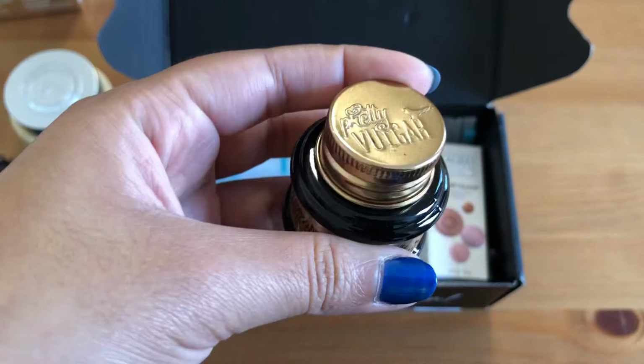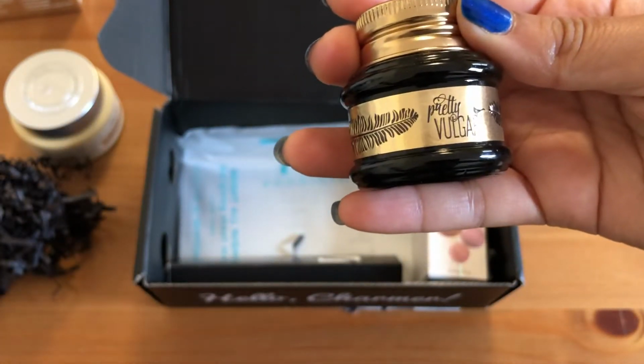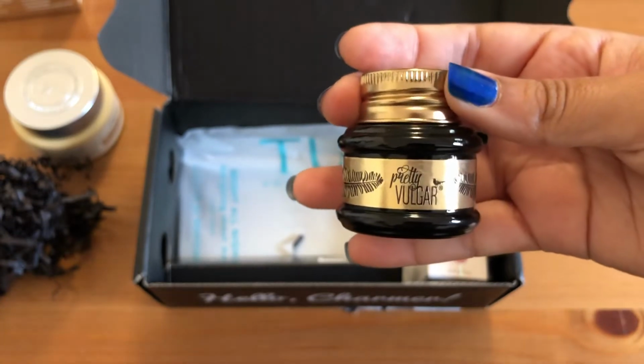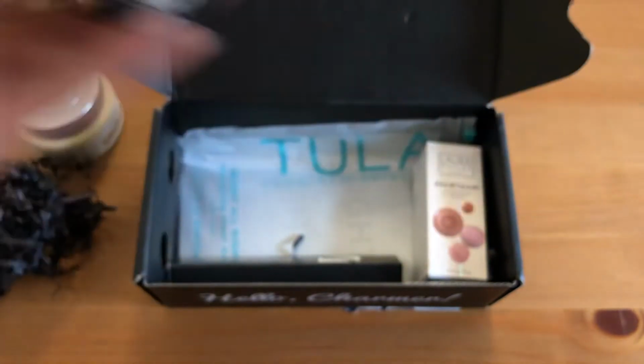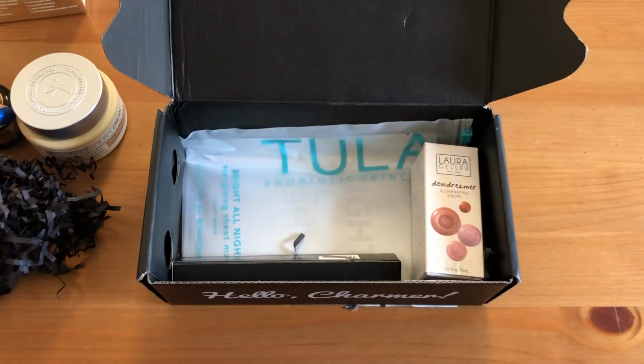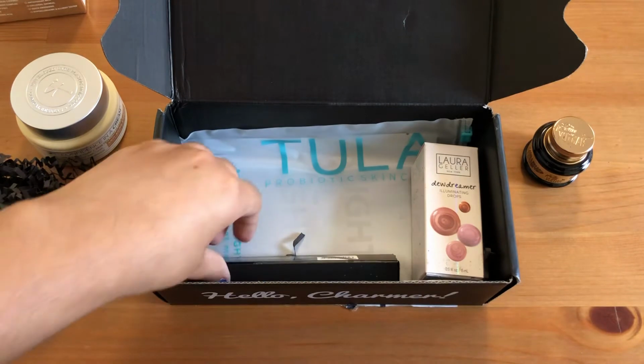Or I'll definitely be gifting it. Like I said, I write great reviews, and this usually retails for $24, and it's an ink gel based eyeliner. Next up, everyone that got this variation box would get a Kat Von D